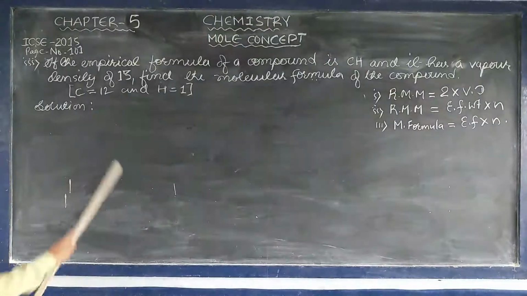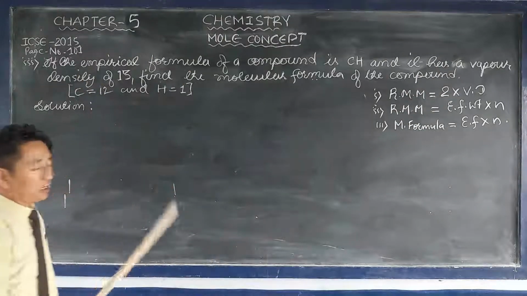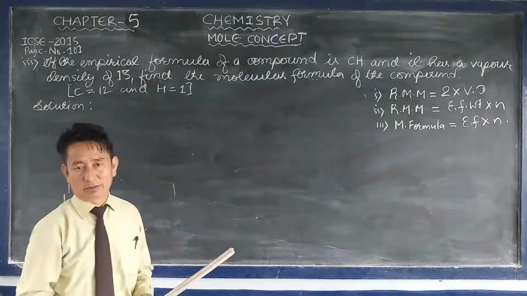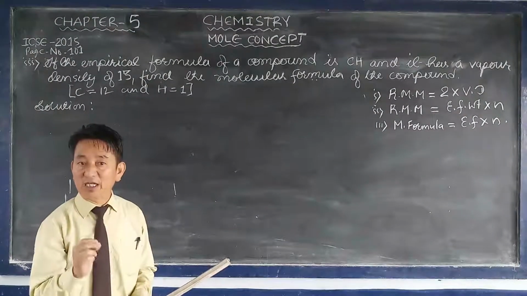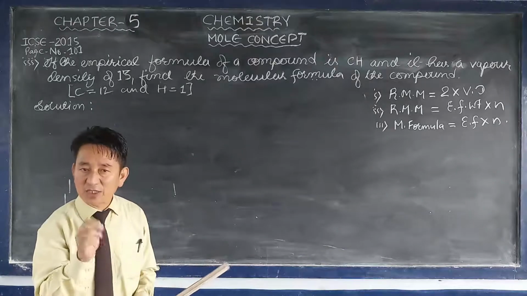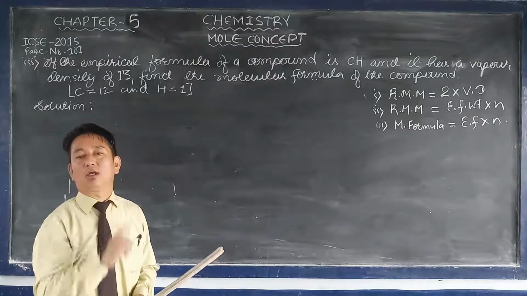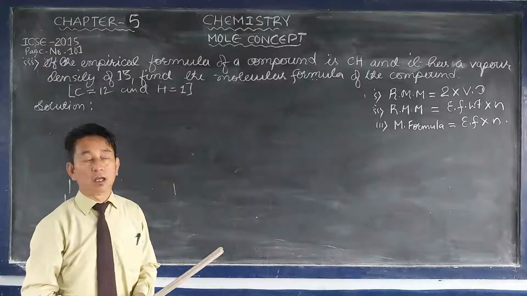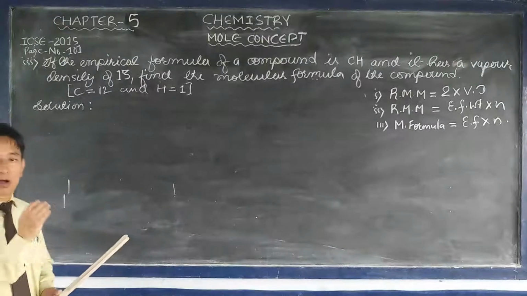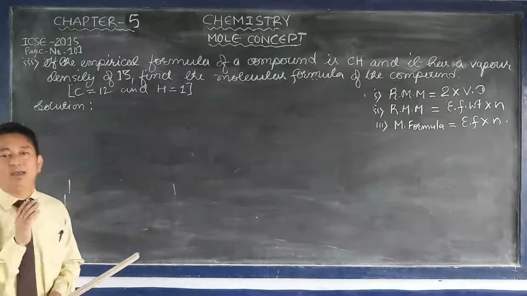Now next here, vapor density. VD, vapor density. What is vapor density? Vapor density is the ratio of the mass of a certain volume of the gas to the mass of the same volume of hydrogen gas. Vapor density is the ratio between the mass of a certain volume of a gas to the mass of the same volume